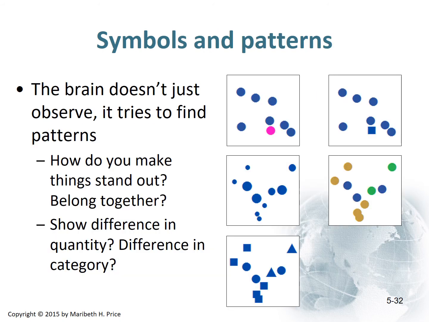The brain does not just observe, it tries to find patterns. I tell students all the time that biologically we have evolved to be the greatest pattern detection algorithm in the history of time, because those of us who could not see the large predatory animals hiding in the grass about to eat us were eaten, and the ones who looked at the grass and said, there's something moving in the grass, that doesn't look right, I think I saw something, ooh, is that the eye of a tiger or a lion